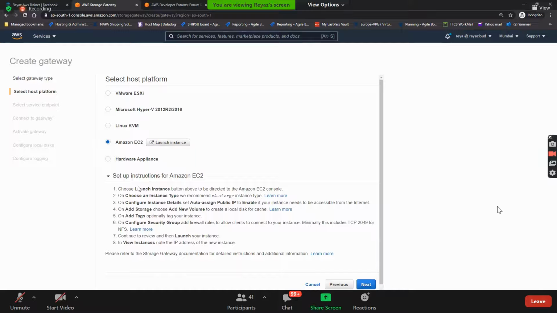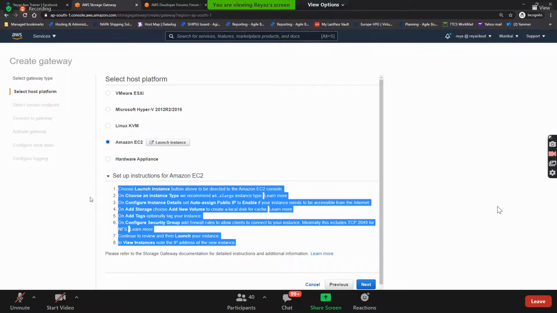It is asking to choose launch instance. The instance type is M4 xlarge, and it asks to auto-assign a public IP. It is also asking to create an additional volume for the cache for low latency purposes. We will configure the security group with TCP on this port number and then launch. Do we know how to do all these things already? Yes.